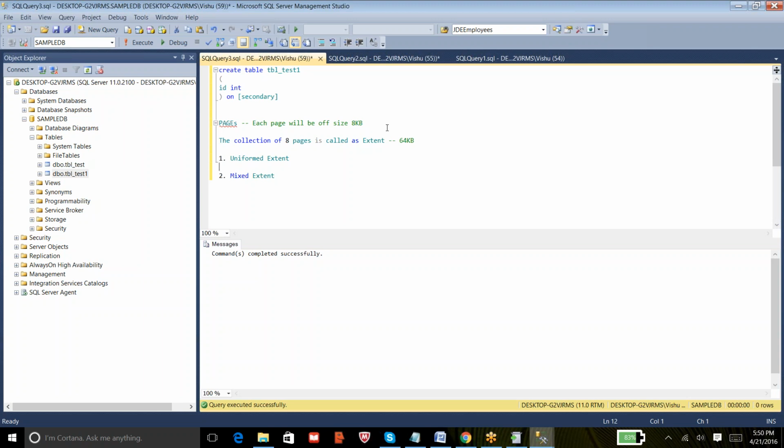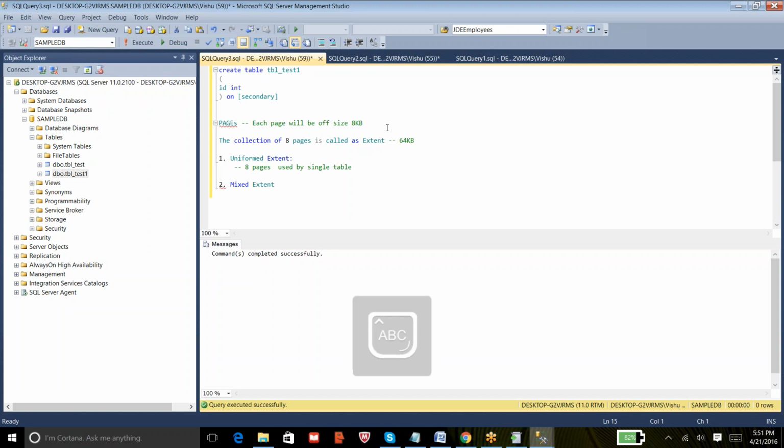So a uniform extent is nothing but all the pages inside this extent. We know that an extent holds 8 pages, right? So all these 8 pages used by a single table, we call it a uniform extent.